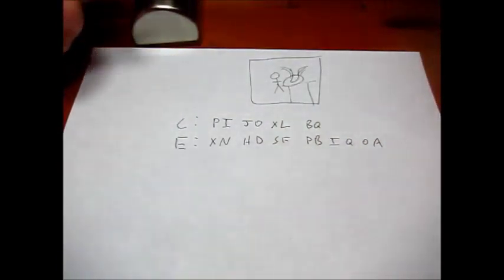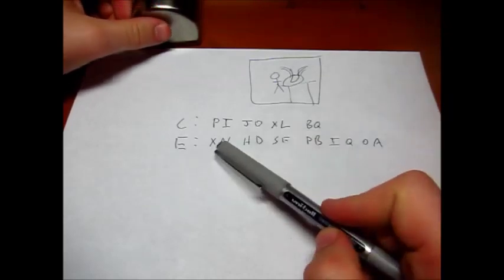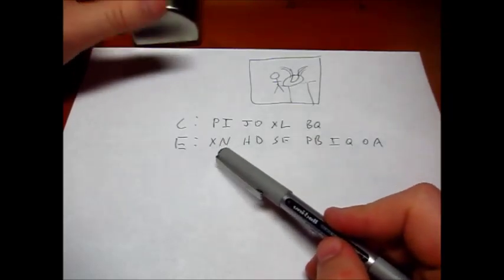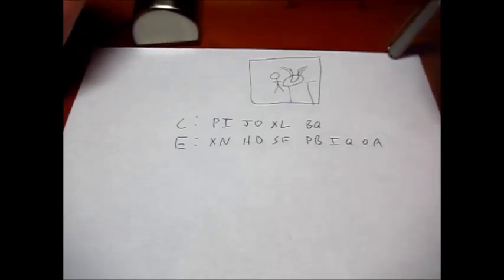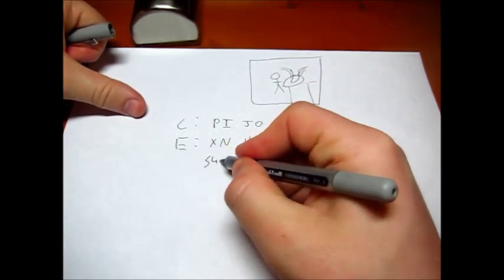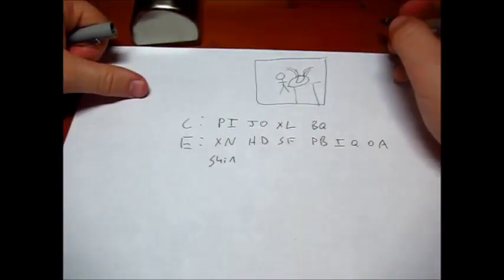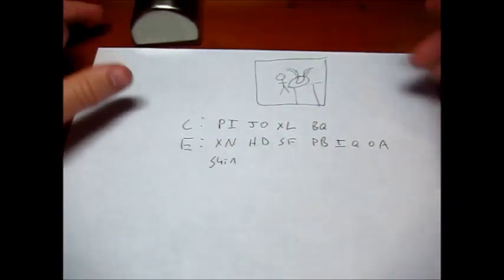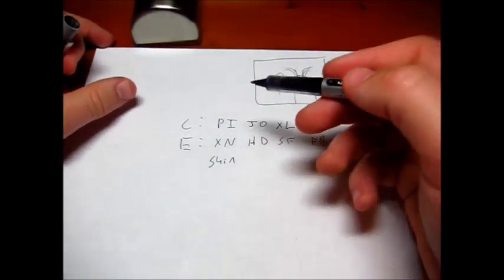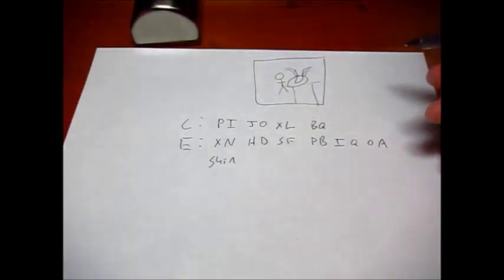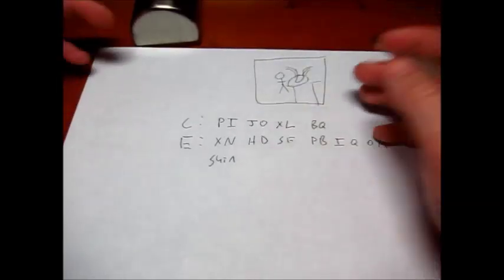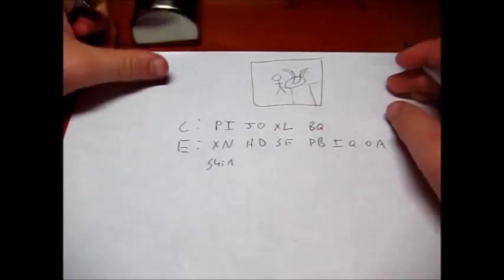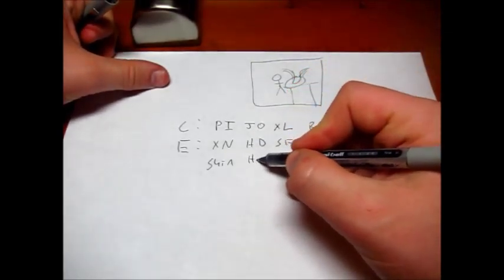And so then I would, with this image in mind, move on to my edges, and I would just try to blast through my edges as quickly as possible. My sounds for the edges: my XN sound is "shin", because if you've ever taken Chinese, you would know that when you're writing out the sound of a word in English, the X makes a "sh" sound. So my sound that I always use for XN is "shin",